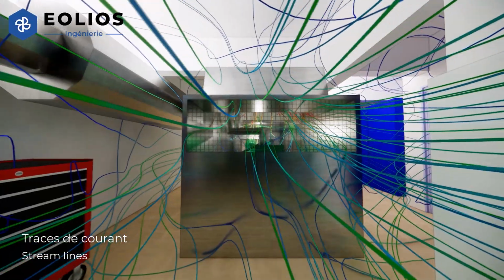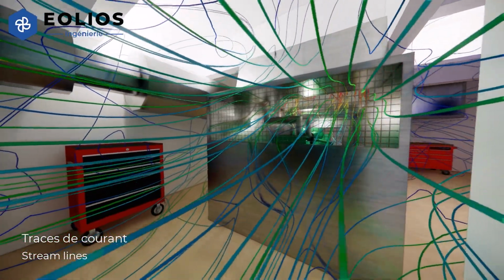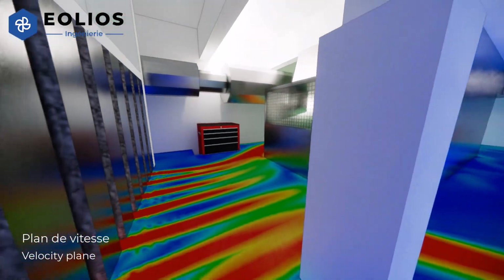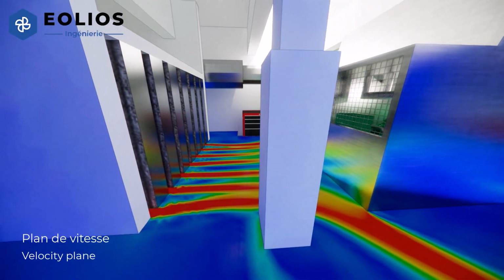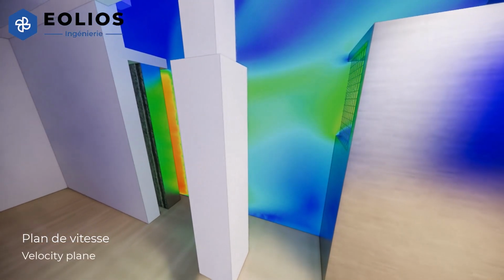In practice, our approach begins with the geometric modeling of the room and its equipment in order to enable the generation of an accurate and consistent mesh. Our engineers then study the airflows in detail, identifying recirculation and bypass zones, which can compromise cooling efficiency and create hot spots. We calculate pressure losses within the networks, particularly those generated by acoustic systems, which are often essential in